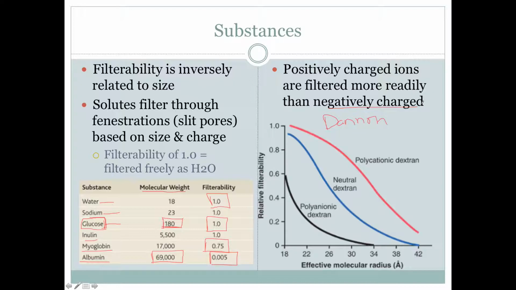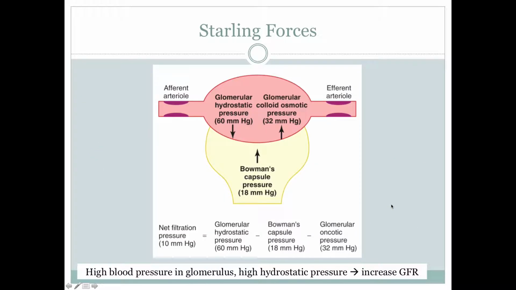Positive substances are filtered more readily than negatively charged ones because, again, things like protein are negatively charged. We try to maintain those negative charges so that we have stable plasma levels. Whereas negatively charged substances have a lower filterability ratio. So cations are positively charged because everybody loves cats. Cats are positive and awesome. Anion, an means without or against, so negatively charged. So positively charged substances are filtered more easily, and that is because of the Donnan effect, which we are going to explore